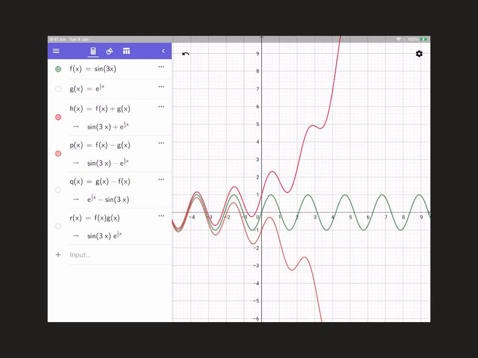There's the subtraction graph, so that is f of x minus g of x. You can see there's some similarities in the patterns. There's the two original graphs again. And this is just the